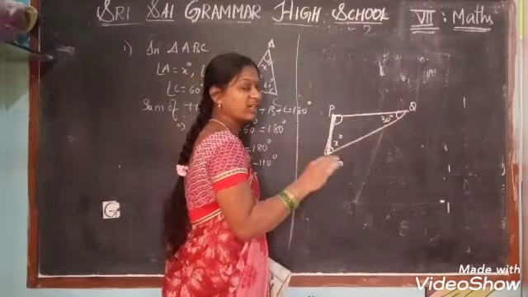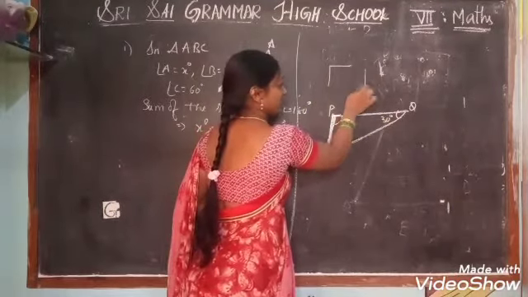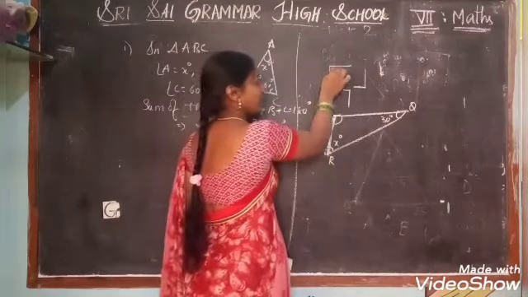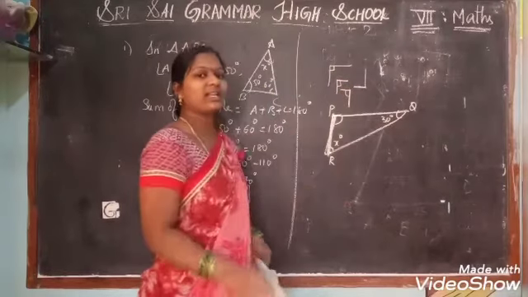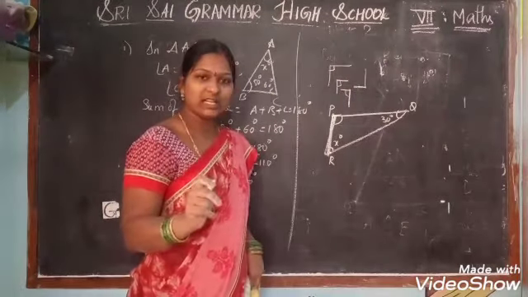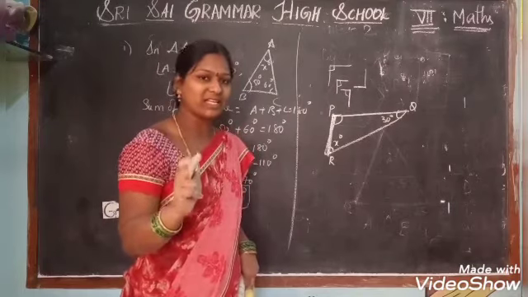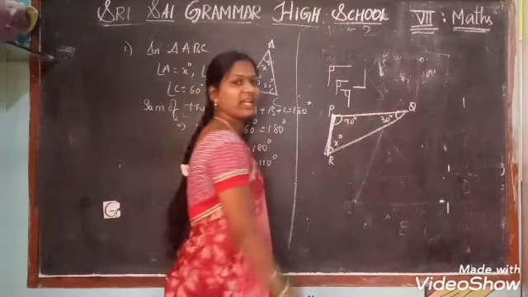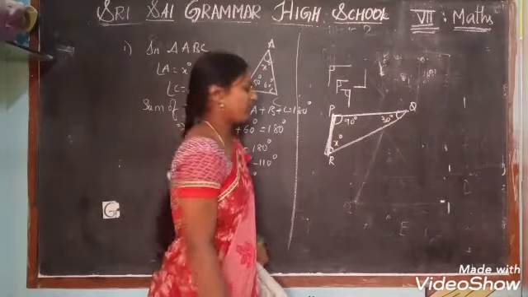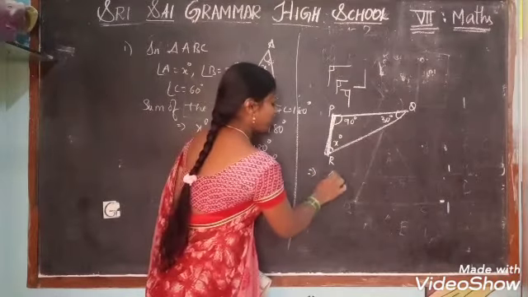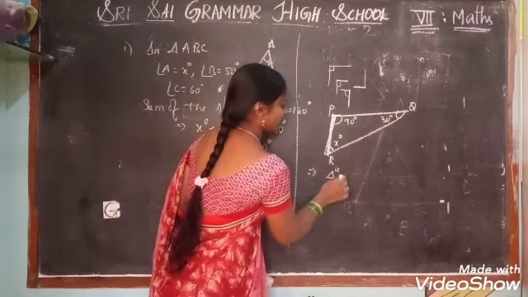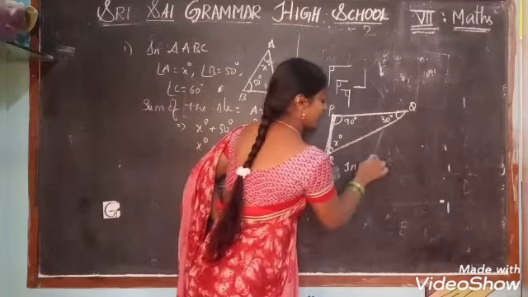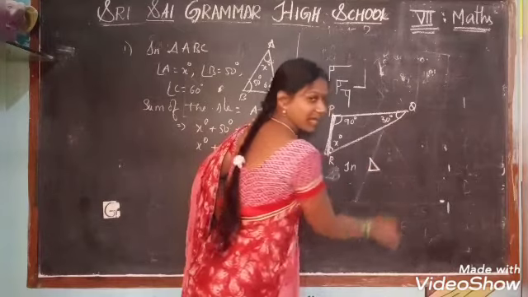I told you already that if it is like this, or like this, any type of line which is in the shape of an L, it is equal to 90 degrees. So the point P equals 90 degrees. So in the triangle, keep the right-angle symbol, so by that you can identify it easily.